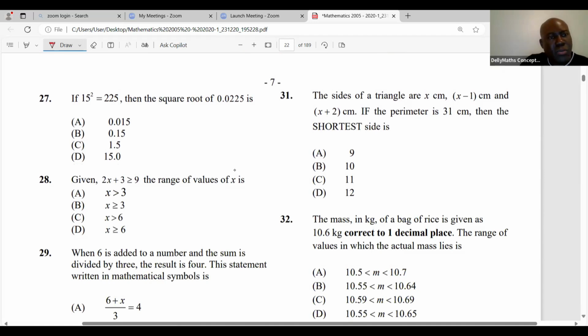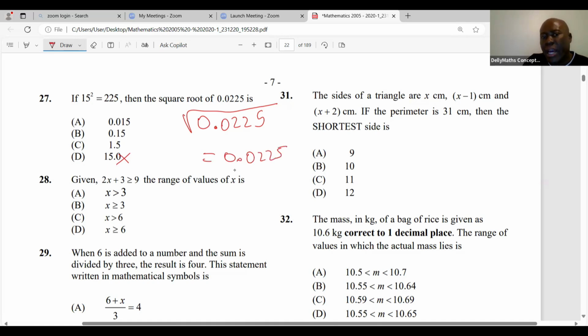If 15 squared gives 225, then the square root of 0.0225. So they're asking if you should take the square root of this, right? All right. What would you get? Now, we all know that answer is going to end with a 1 and a 5. Definitely, it's not 15. We know that. But here you want to think of what's the meaning behind the square root. The answer you're looking for, if you multiply that by itself, it's going to lead us to